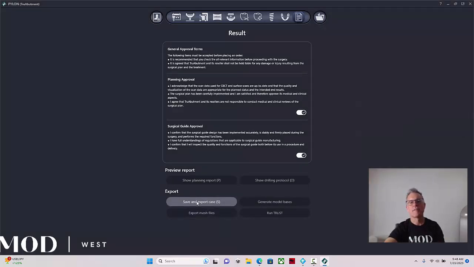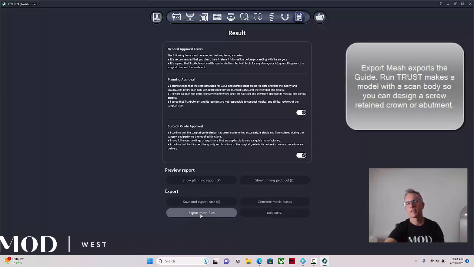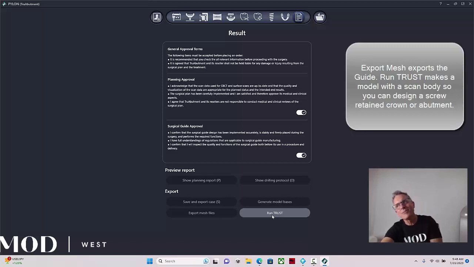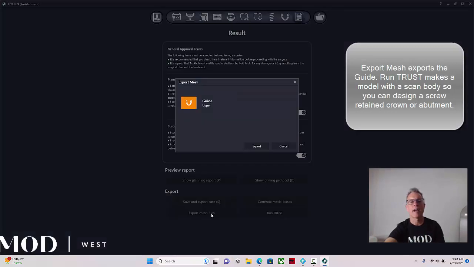We can go ahead and just save the case. We can generate bases on our model. Exporting mesh files will export the surgical guide. And then trust is something I'll cover later on. We can actually pre-make our temporary with either a non-engaging tie base, or if you want to use engaging, you can send out for a titanium abutment. Just know that when you place that implant, make sure you kind of turn it so the abutment is where it should be. So I'm going to click on Export Mesh